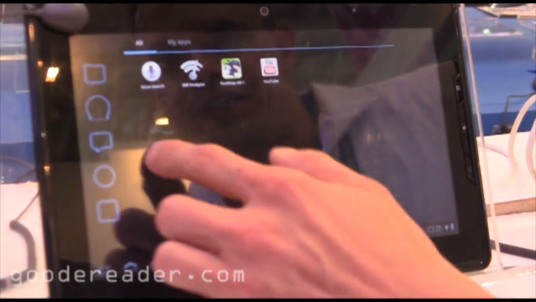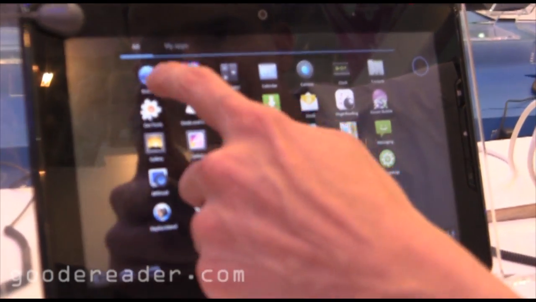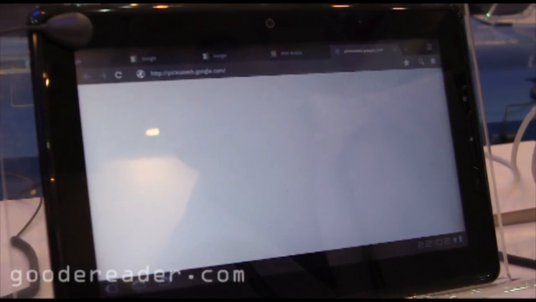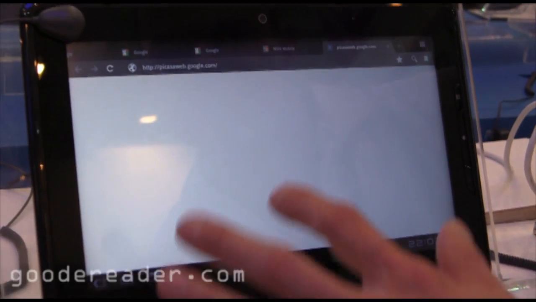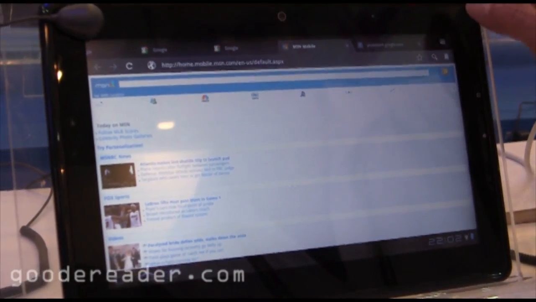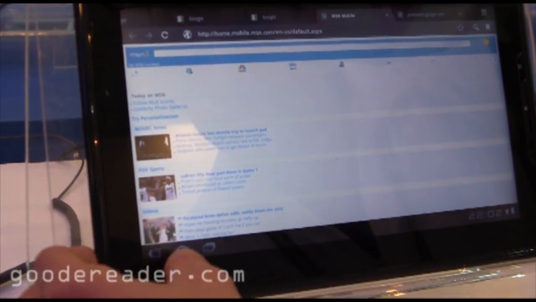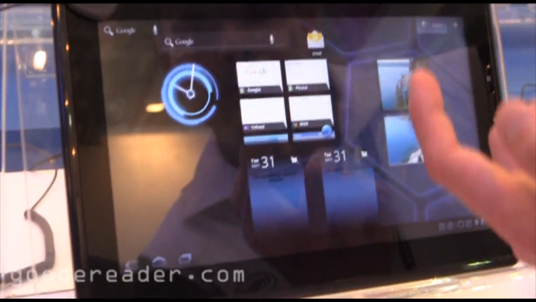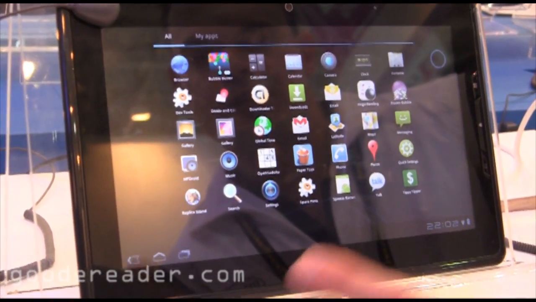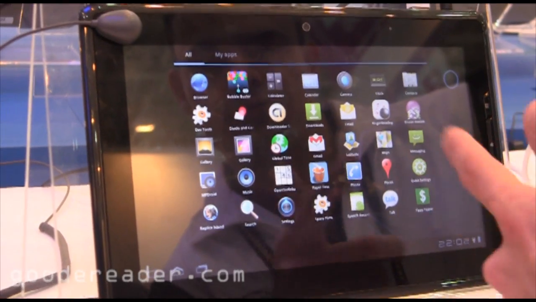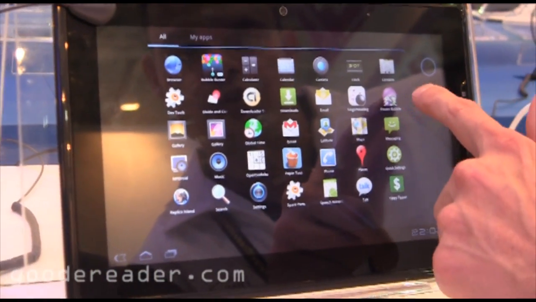You can see the list of apps that are installed. You've got your web browser that you can load up. The internet here at this venue is not very good. Yeah. As you know. You got your home screen, you can go back there. Different hardware applications, different apps that will run natively. You got like Frozen Bubbles. And then here we've got